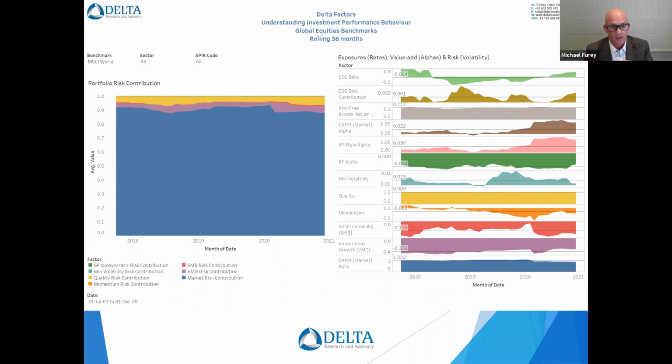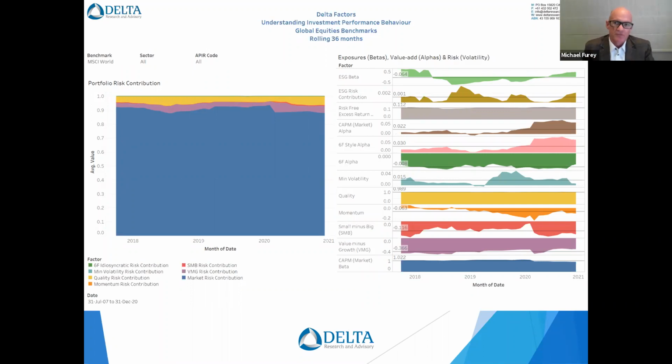So one of them is purple, which is value minus growth. If you can see the purple chart on the right, that's negative, which means the minus growth. Because it's consistently negative, we can safely say this is a growth style. The yellow has an average beta. It's very, very consistent. That's the quality factor, which is 0.989, so close enough to 1. So it's actually a quality factor with a positive beta. So it's the quality style, which is 100% growth and quality in terms of that non-market risk.